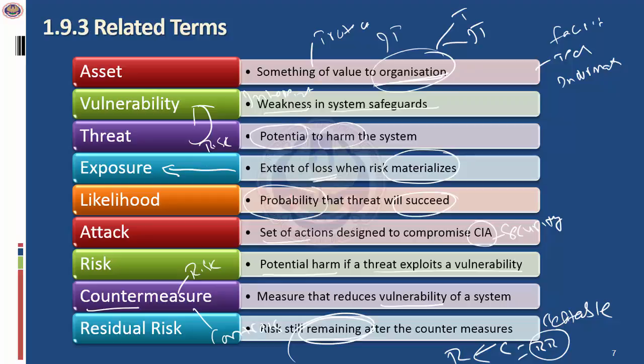For example, there is a threat of a hijack. Now, how do you prevent the hijack? So you can have the airport security, you can have various types of deterrent, preventive, detective, and corrective mechanisms. In spite of that, still there could be a hijack. So that is the residual risk we have to accept. Which means if you're traveling in the plane, in spite of all the measures which the police and the security and everyone takes, still there could be a risk that the plane could be hijacked, or the plane could be destroyed in an attack, or it could have an accident.